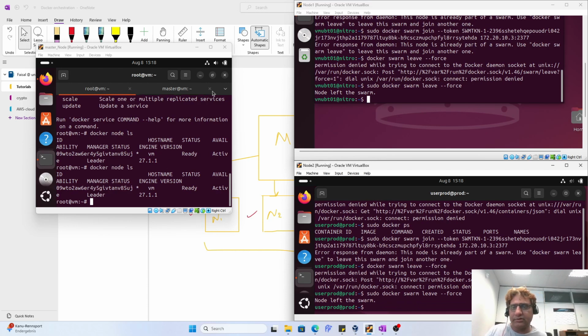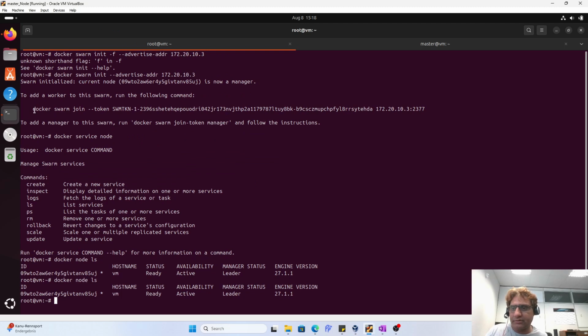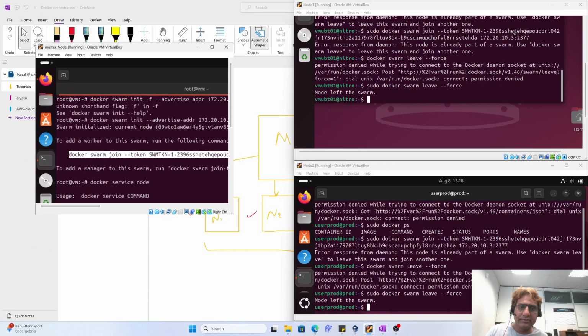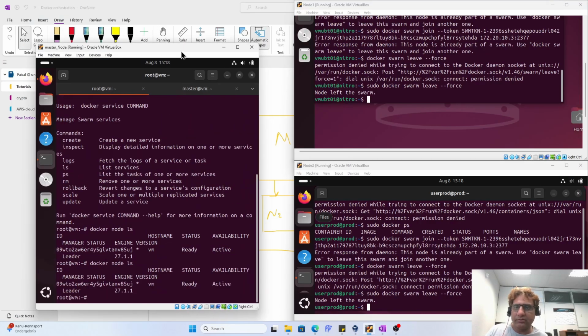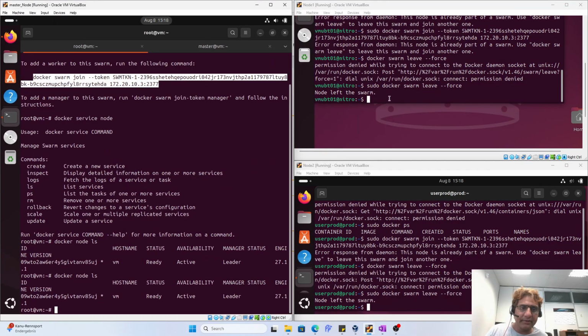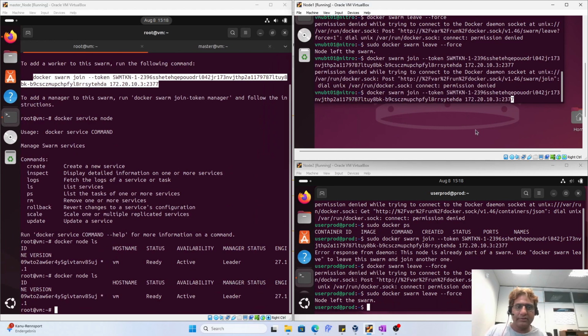Node left. And now whatever I have here, it is very important. This token here, I need to copy this whole thing, exactly what is being said here. I can go here, or we can maybe do it like this. And here I enter this token. And the bad thing is that I haven't given the right